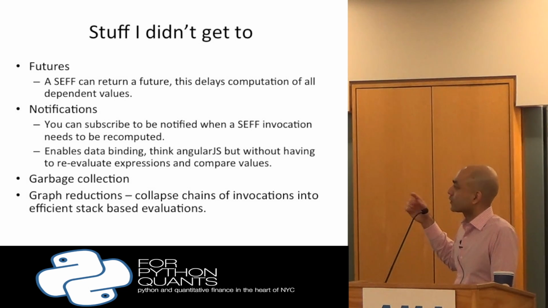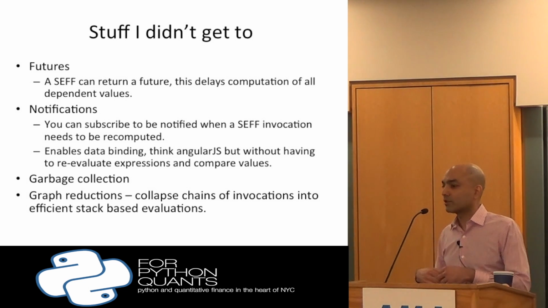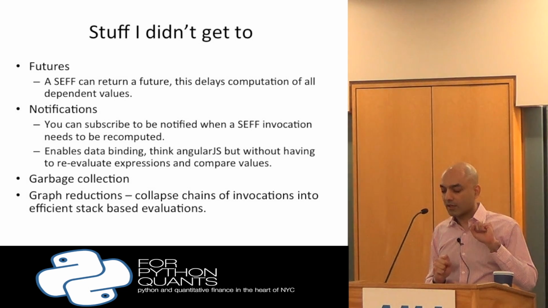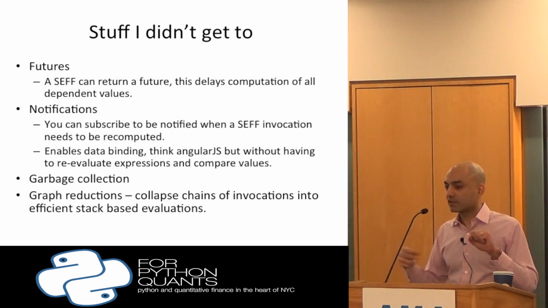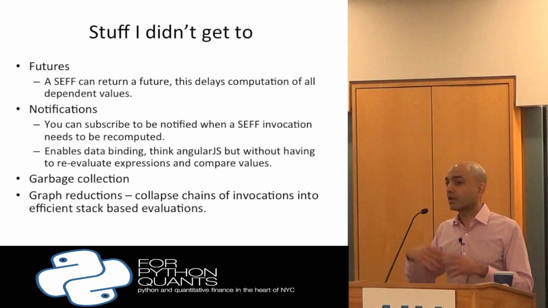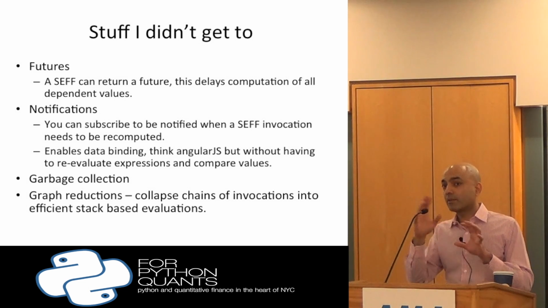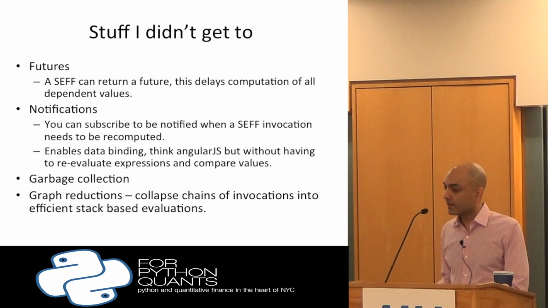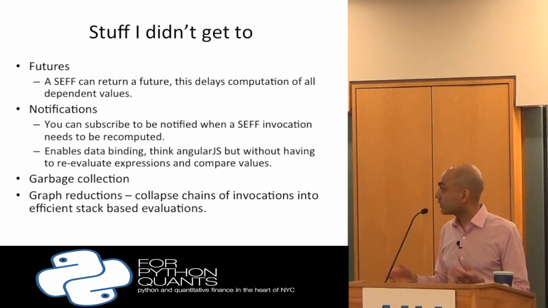So a couple of interesting things. A side effect function can also return a future. So this will basically delay computation of all dependent values. Like assume I'm doing I/O, right? So I'm doing this big computation. I hit something. I want to do some I/O. Not very useful to stop, because there's a whole bunch of other things that I could do. So I can essentially return a future, and what the graph engine will do is it'll say, everything that depends on this value can't be computed yet. I'll go compute other things. So it just increases parallelism. So that's a useful feature.